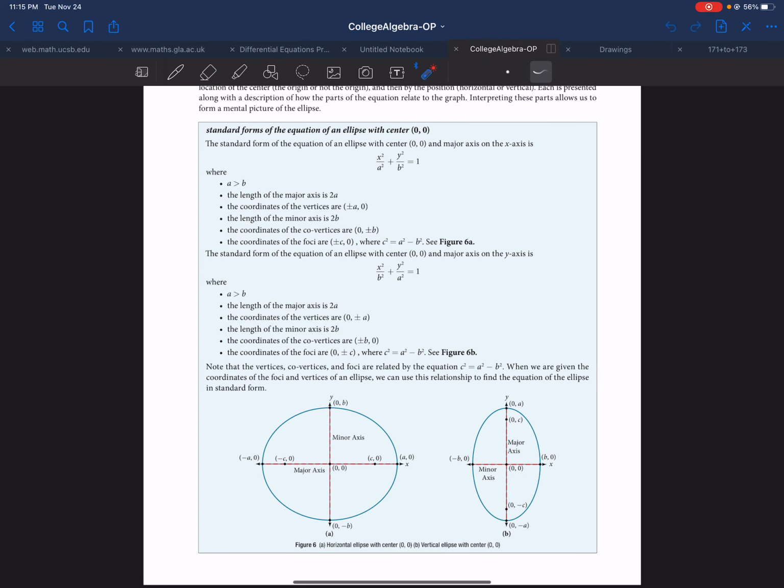Now I want to go back to the book and show you something that I really don't agree with, but I understand why they do it. From a student's perspective, it just makes it look like there's a lot more to know than what you really need to know. So let me explain this and break this whole page down for you as simply as I possibly can. Notice this equation and this equation are exactly the same, except in this one, the A is under the X, and in this one, B is under the X. In this, B is under the Y, and in this one, A is under the Y. And so, because that's the case,